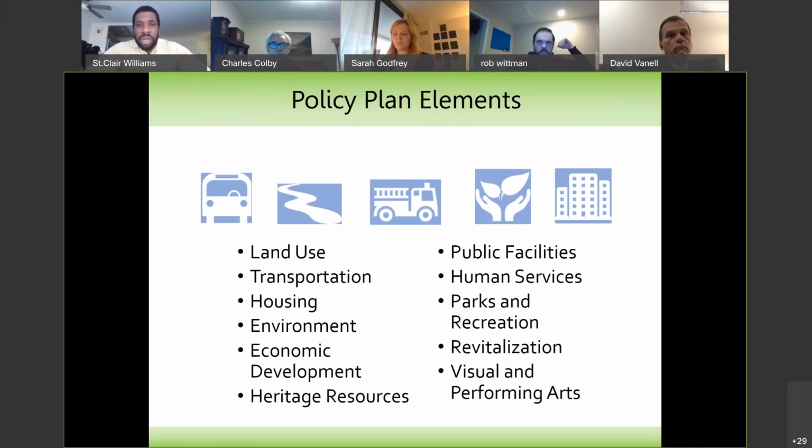The comprehensive plan includes a policy plan and 4 area plan volumes. The policy plan is the countywide guidance and includes 11 elements, which include land use, transportation, environment, public facilities, parks, and recreation, among others. Each element is a series of board-adopted strategies and addresses a variety of considerations, such as green building policies and